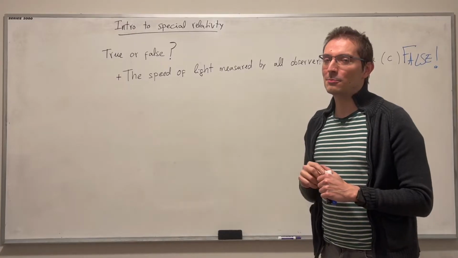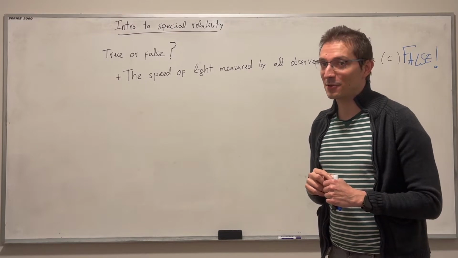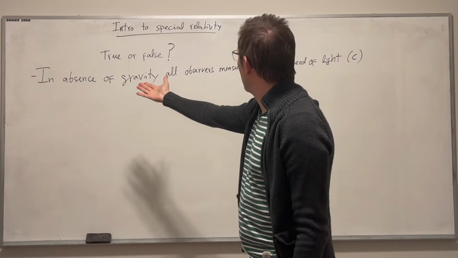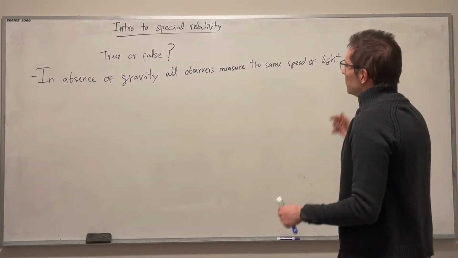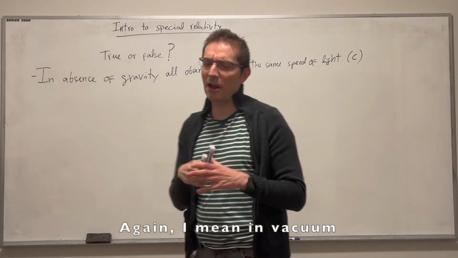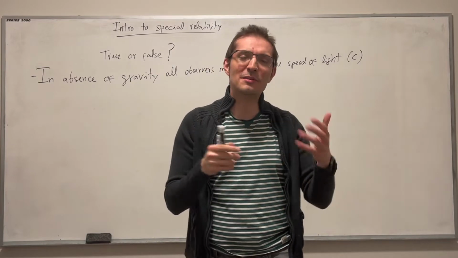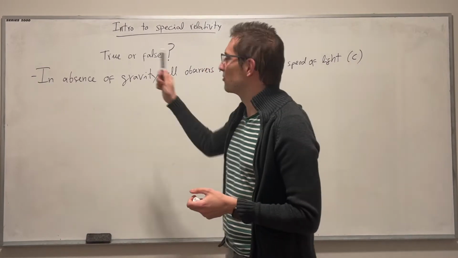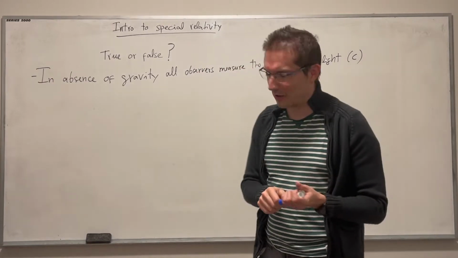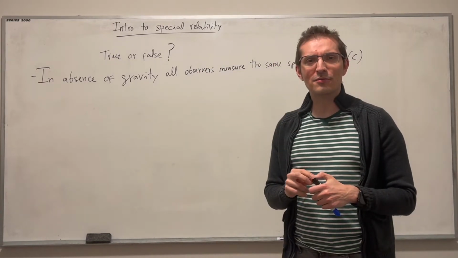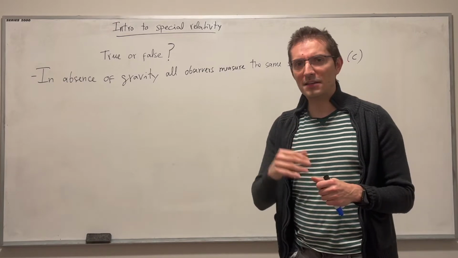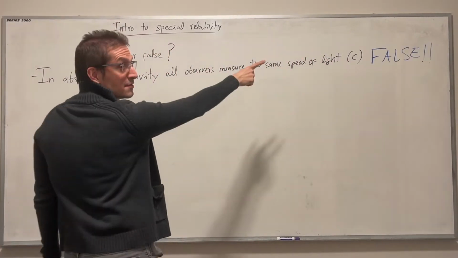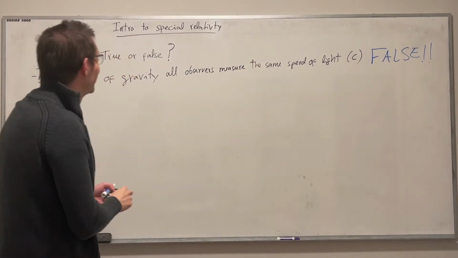So let me try to improve it a little bit and see if it becomes right, all right? All right, I have a new statement here. In the absence of gravity, all observers measure the same speed of light. What do you mean by that? Well, maybe you were thinking perhaps there's a catch, a general relativistic catch, so curvature of space-time will make, well, yeah, in absence of gravity, so nothing to take into account regarding gravity. What do you think? Is that true or false now? Okay, cast your votes, and let's make the reveal. It's false as well. It's also not true.